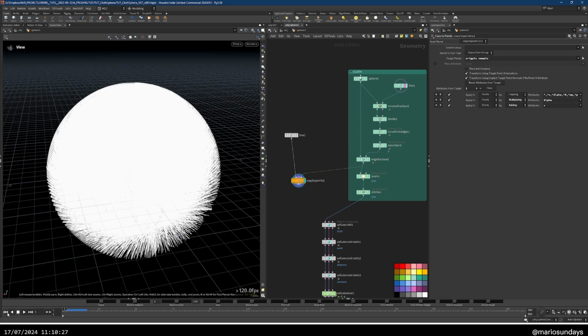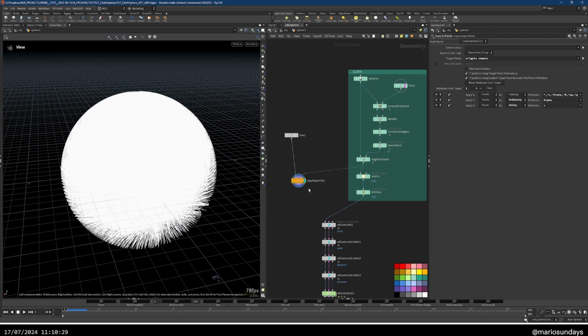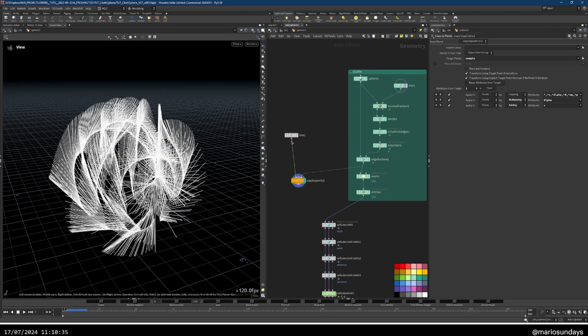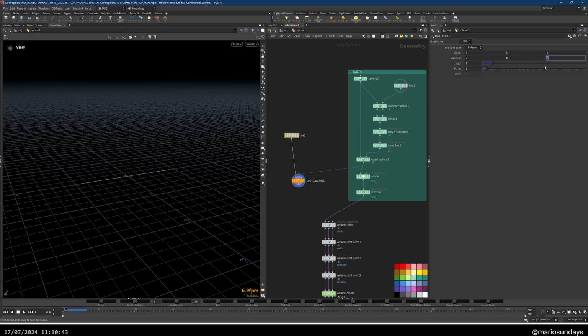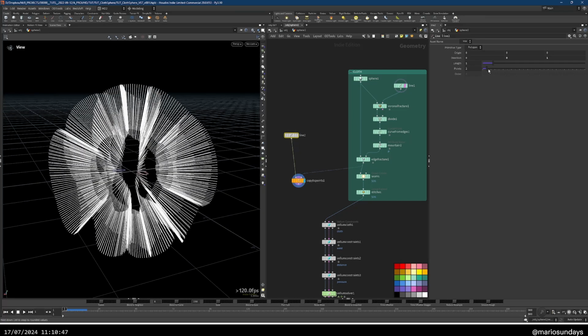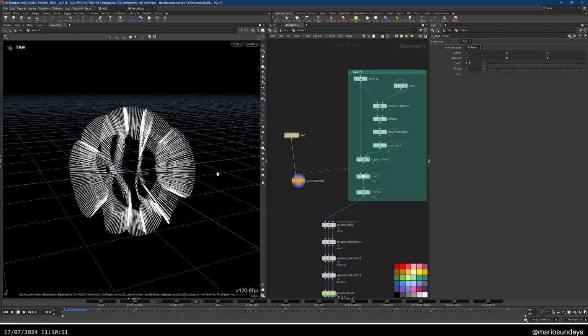So let me just go back to the first frame and just use the new points. Okay. So now the problem here is that the line doesn't have the right direction, so it needs to be pointing to Z, and it's a bit too big, so let's do like 0.5,